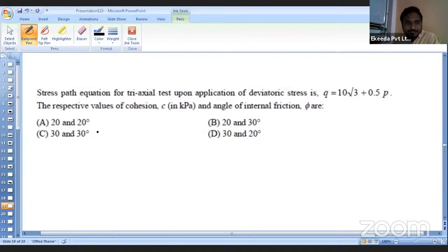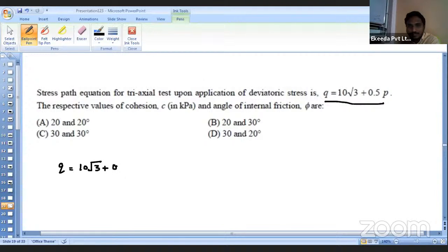Okay, now let us see one more question. So what is the given data? The stress path equation for a triaxial test upon application of deviator stress is... See, here they have directly given the relationship between Q and P. So what is the relation? Q is given as 10 root 3